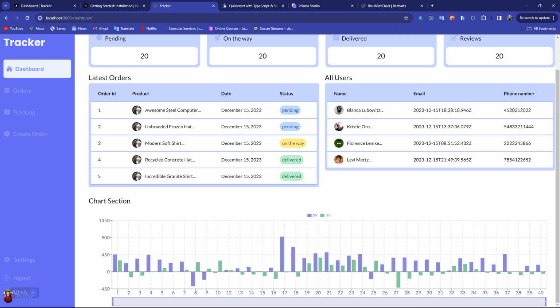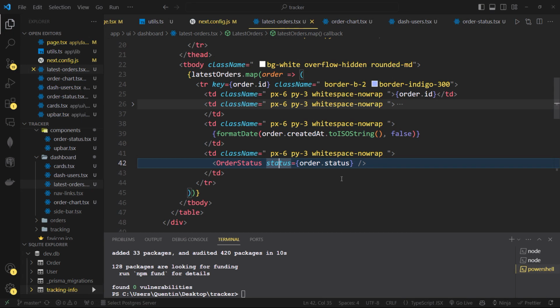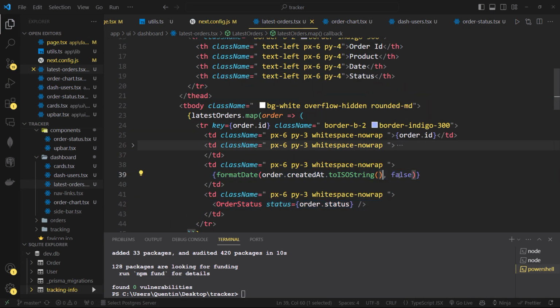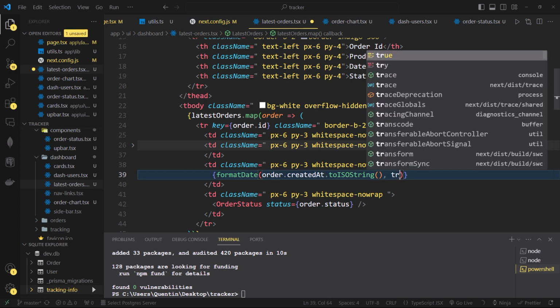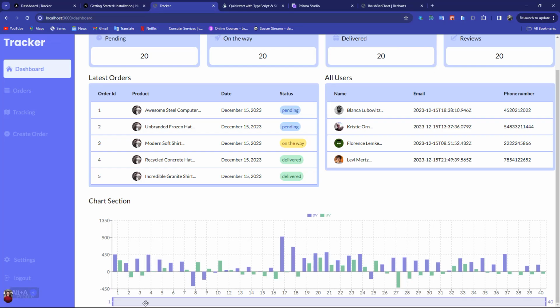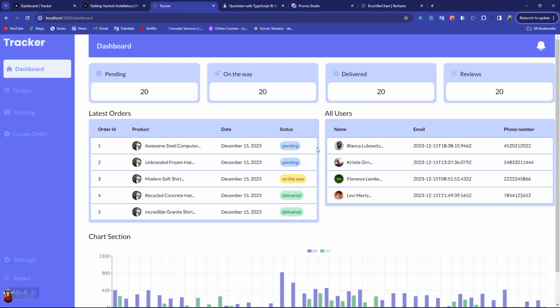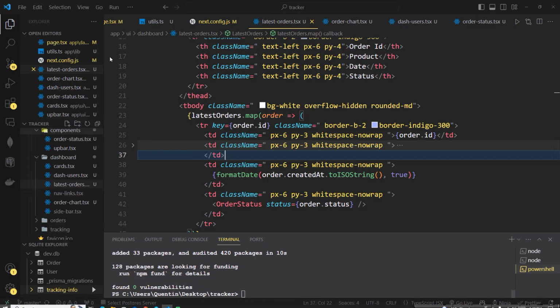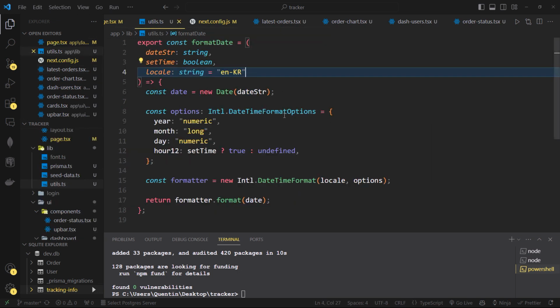So let's go back here. Instead of false, I'll say true. Let's save. Let's go back. Okay, nothing shows. Let's go back and see what is wrong with that function. You have latest orders here. Let's go to this function here. So if you come to utils here,